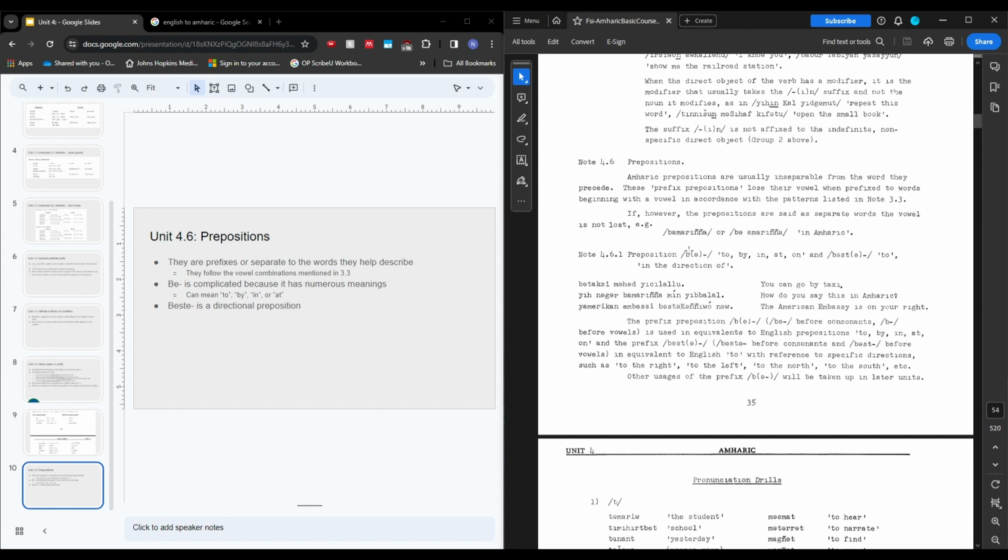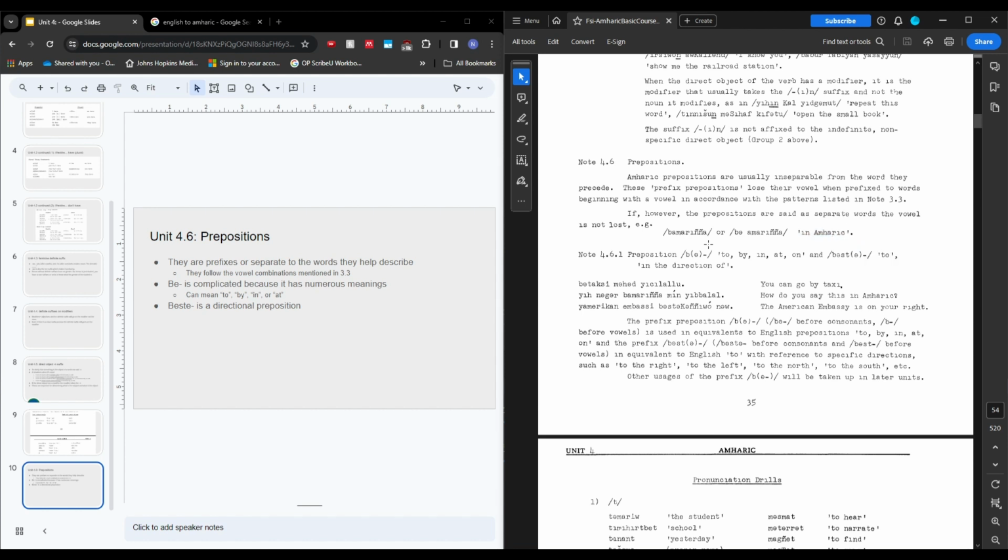People will say both. And the reason this becomes ba marinya is because this preposition is affected by the vowel combination rules that were talked about in Unit 3.3. So you can always go back to that section or that video to get a refresher on that. But I wouldn't stress it too much. If you say ba amarinya anyway, you'll be correct because it's going to sound like two separate words and it will also mean the same thing.